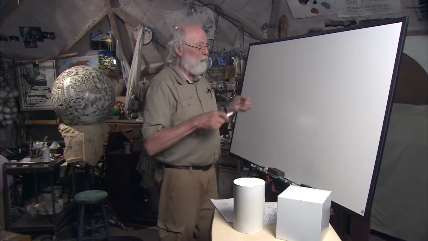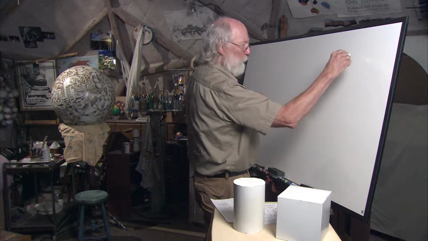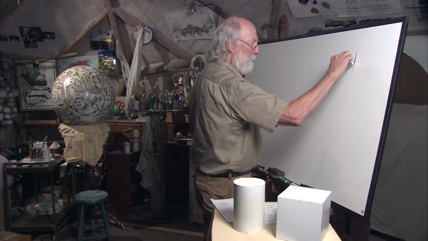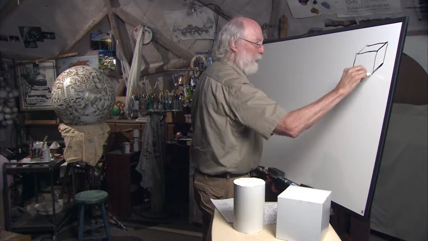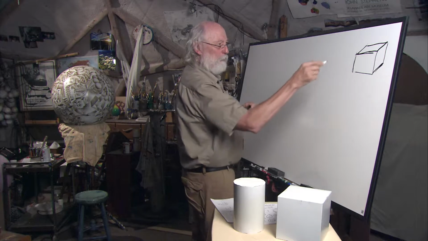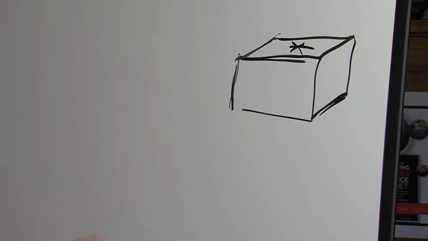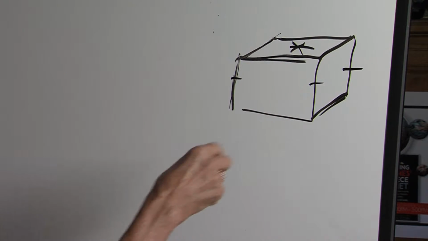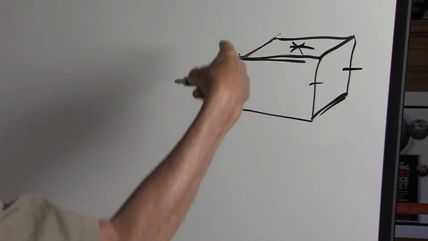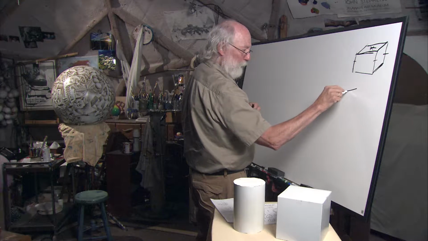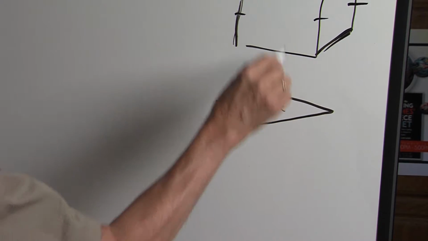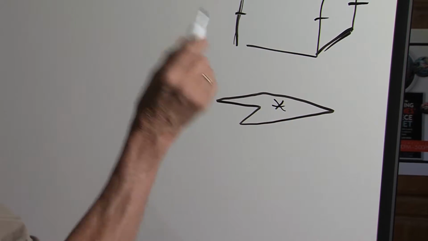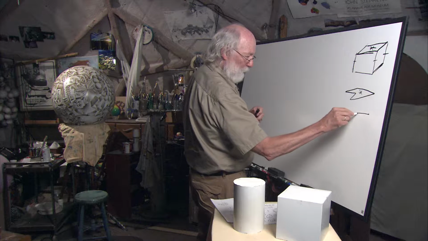One of the first things that's kind of interesting is when you play with a cube, and we'll just start with a basic cube here. You have certain elements that you have to think about. We have a major shape up on the top and parallel lines coming straight down from it. Now if you substitute, instead of an organized shape like that, a shape that is more organic like this for that top area, and then you come off of it. But let me just show you something that is interesting with that.